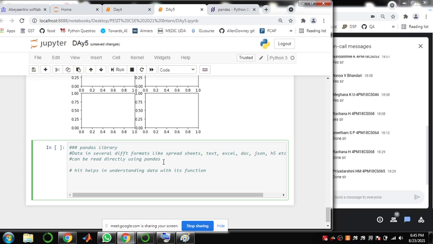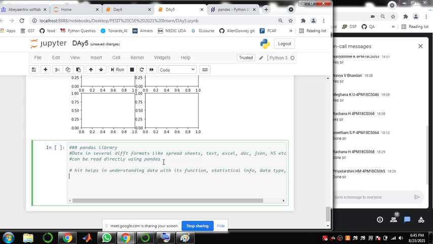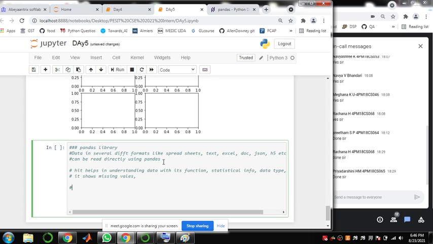It gives us several kinds of descriptions, like statistical information, data type information of each column. Then it shows missing values.